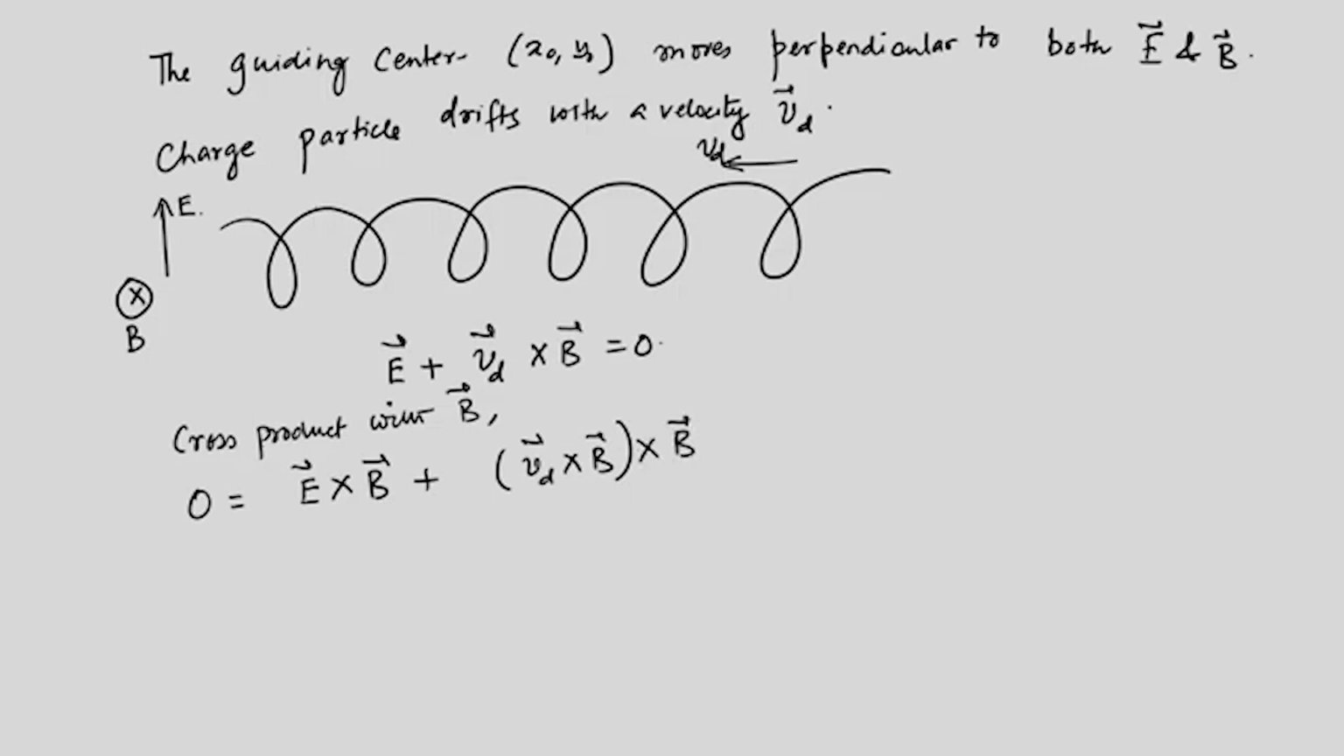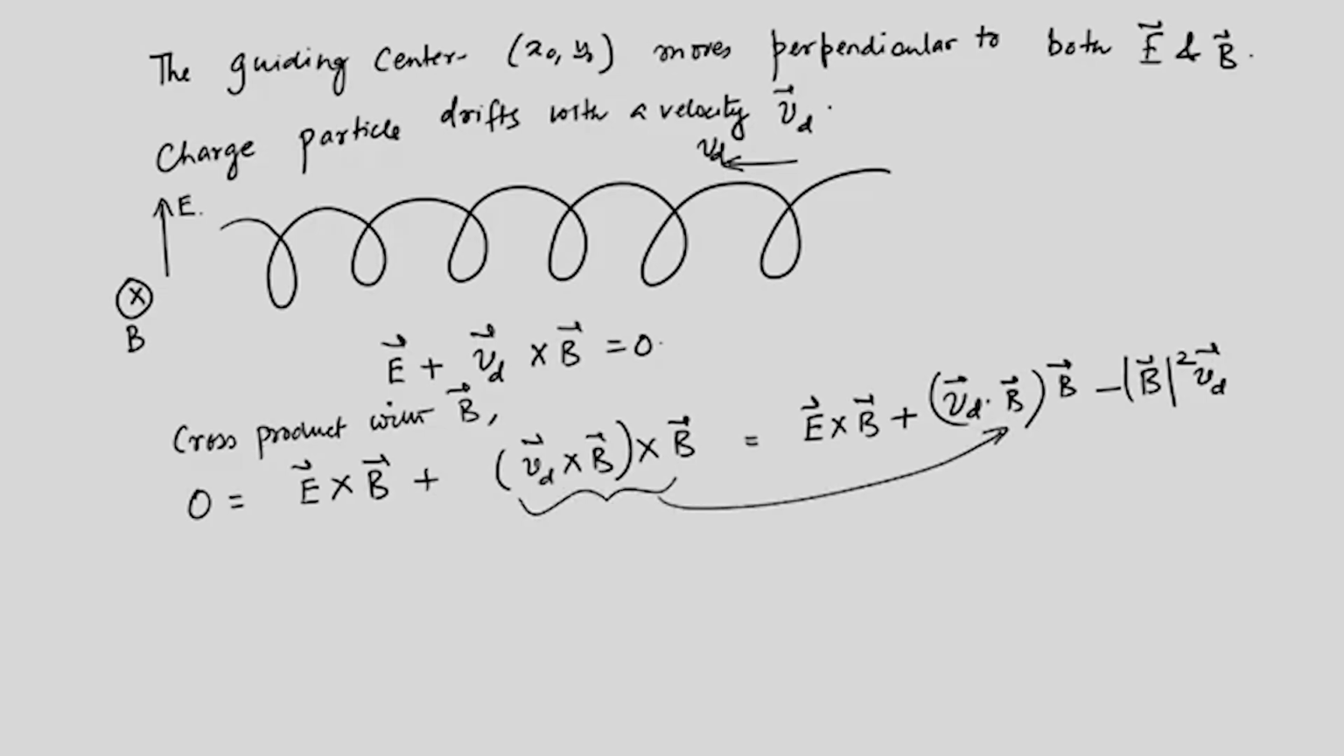I am sure you have seen this kind of triple cross product, A cross B cross C, and there is a particular formula that one uses, which you can look up. This is equal to E cross B and a plus V d dot B, and a B here, and minus a B square and a V d. Okay. So, this is the equation for this, or rather after you simplify it becomes this part, and then